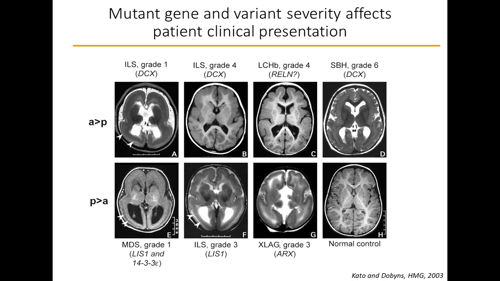So as you can see from this image taken from a review by Bill Dobyns, each gene and mutation type creates a unique form of lissencephaly that can be clinically categorized by anterior to posterior gradient, as well as the severity of cortical smoothening. I want to note that you can sometimes guess what the affected gene will be based on patient MRIs, because DCX mutations always cause a posterior to anterior gradient, and LIS1 or Miller-Dieker syndrome deletions always cause a posterior to anterior gradient. When we look at patient MRIs and see unique patterns, we can be fairly certain that a novel causative gene